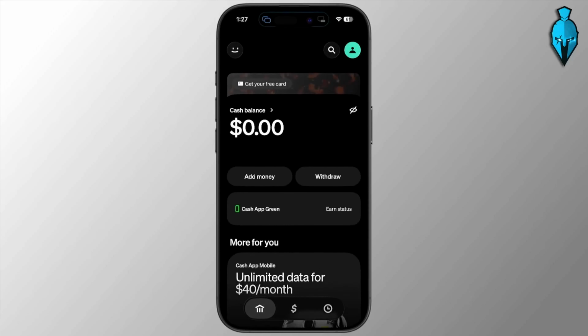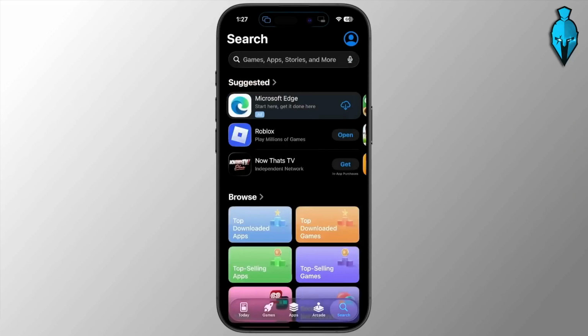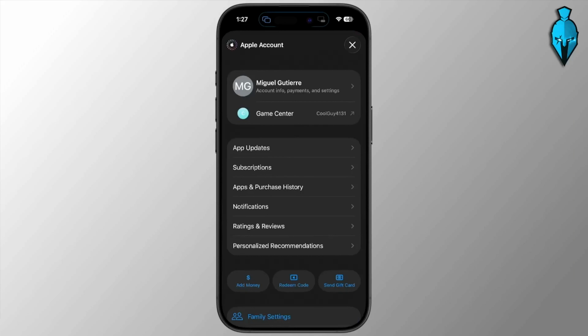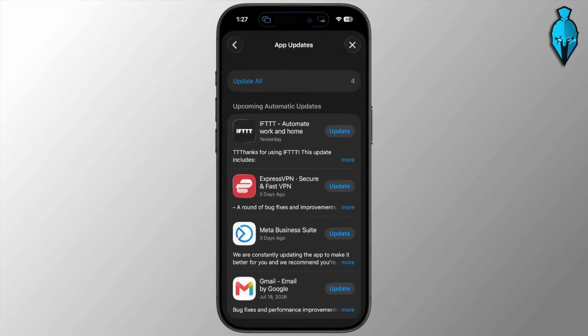The next thing you can do is update Cash App. On an iPhone, you'll want to open the App Store, tap your profile icon in the top right and select App Updates, and find Cash App if an update is available. On Android, instead, open the Google Play Store, tap your profile picture, go to Manage Apps and Device, then install